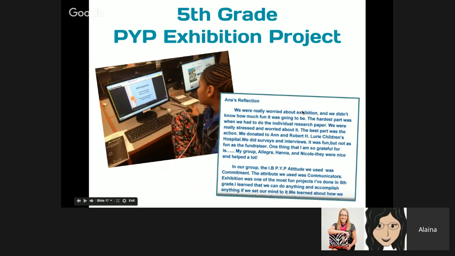So these are some of our adorable kids working on it. We let them review some of the different pieces. We had a PYP exhibition kickoff, so this young lady is reading some of the slides because she had missed it. And then at the end of the project, they write a reflection, because a big part of their end piece is to show what they've learned and show how they can use it in other ways